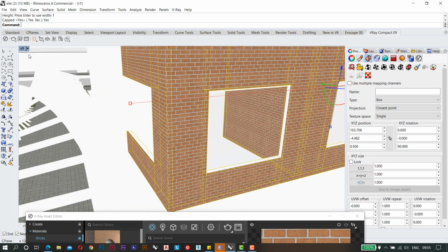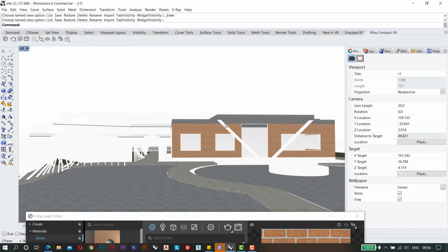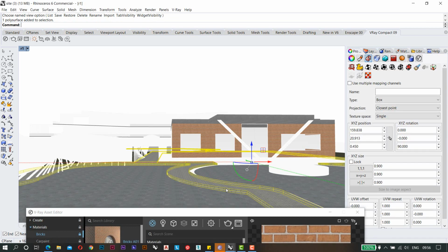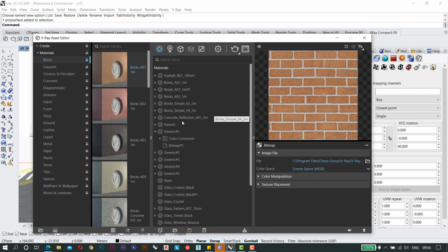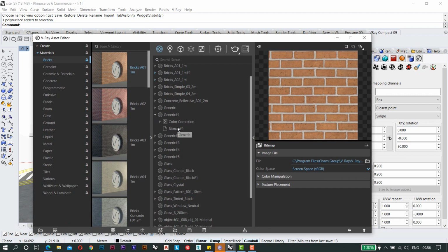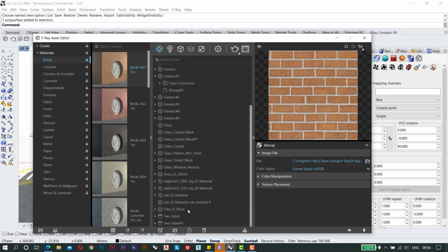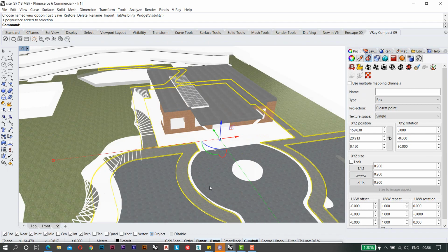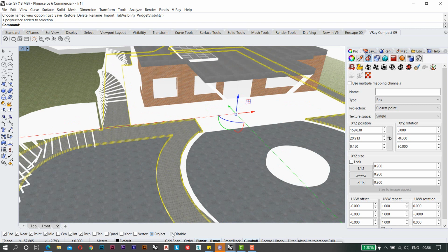Once you set it, again you will go to your rendered view. So this is all what we have set till now. Now after that we will set this footpath, or probably the pavers material. I have already added this pavers material here, which is this one, the tiles D 90 centimeter. How you have to apply it, you will just select it and again